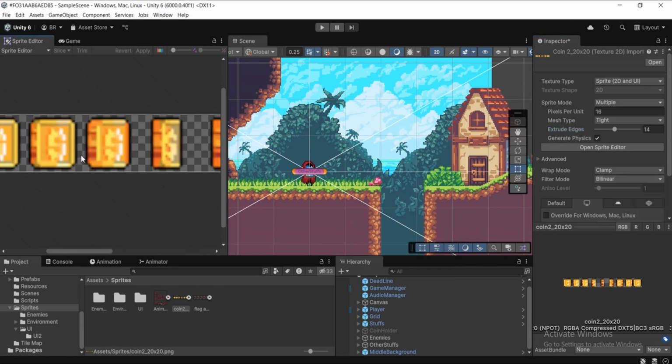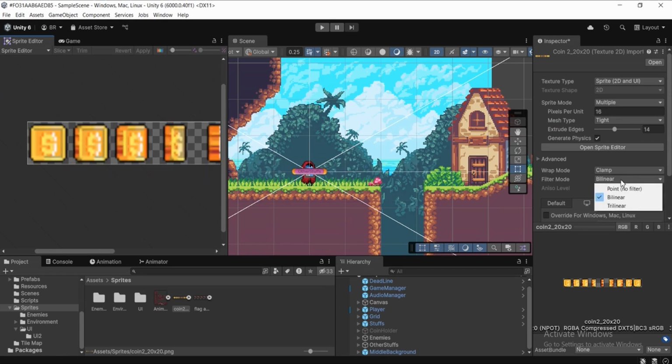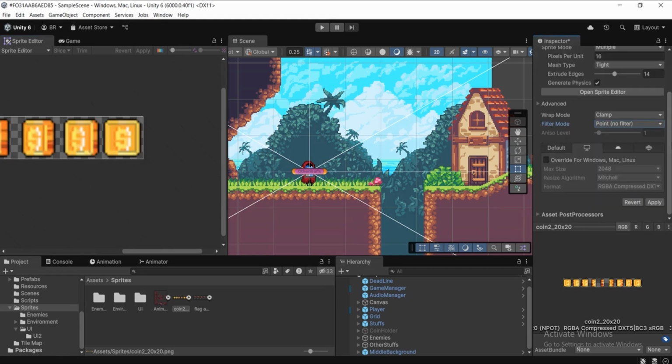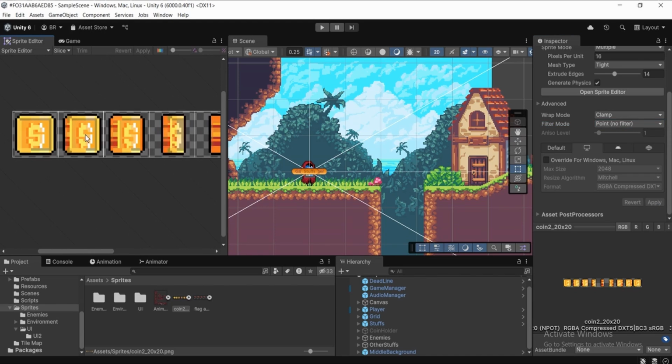Why? Because if you take a closer look, you can see it seems too blurry. So to get rid of that, we need to choose the filter mode to point, no filter. So we're gonna choose that, and after doing that, let's scroll down to the bottom and click on this apply button. And as soon as we click apply, as you can see, the blurriness is gone now,